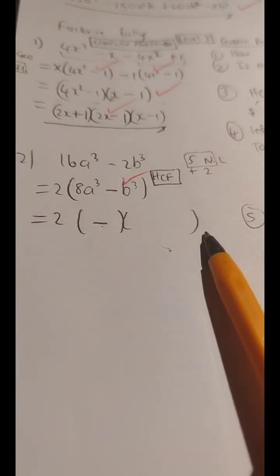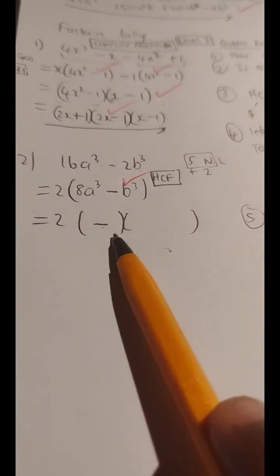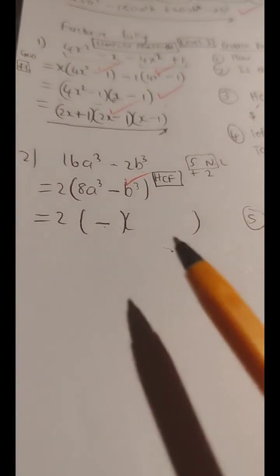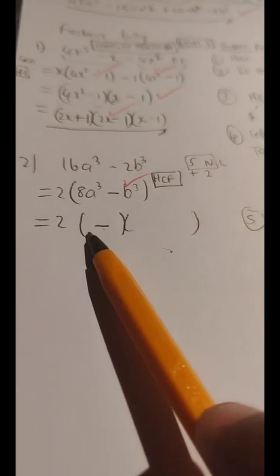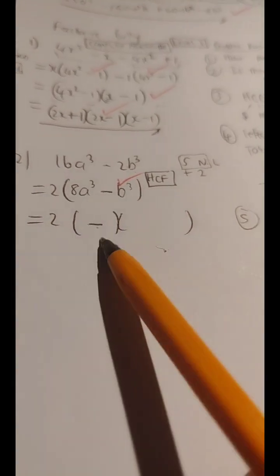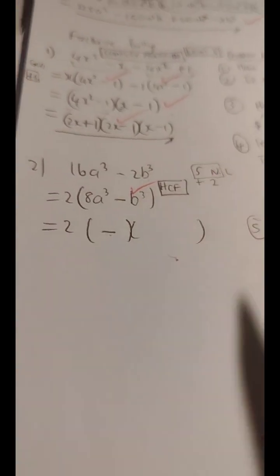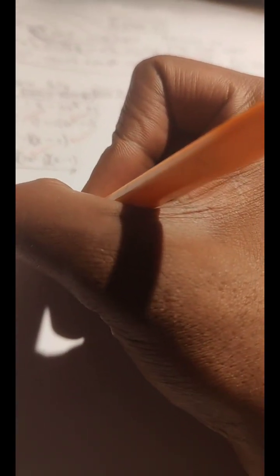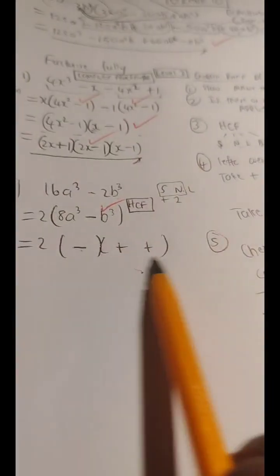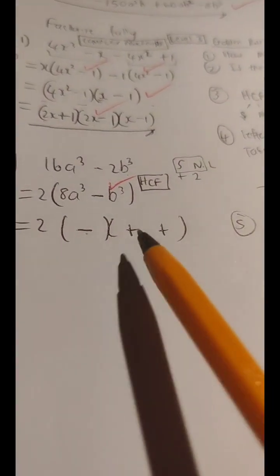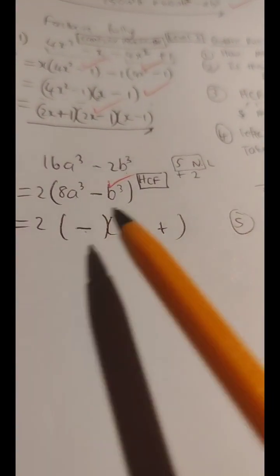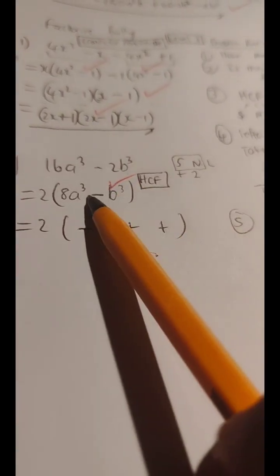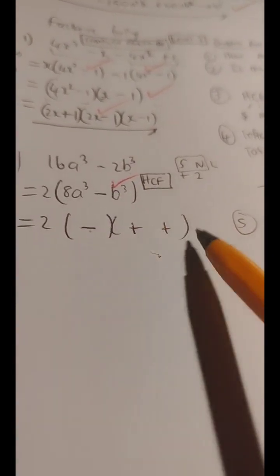Now the last bracket will have 3 terms, and this is how the sign combination is whenever we have a negative, and this is always the case, guys. So you're going to write negative for your binomial bracket, and then for your trinomial bracket you are going to write plus plus. It's always the case, guys. This is always how things are. Negative plus plus. If you have a negative sign, it's always negative plus plus.